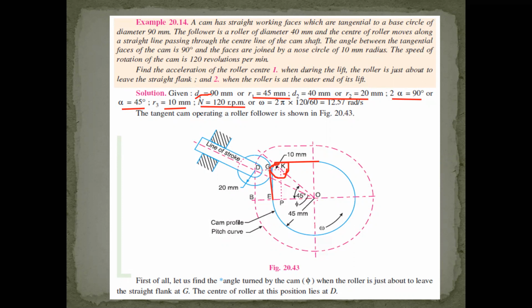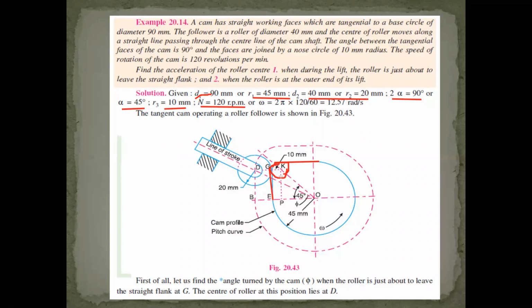And now, from the straight flank you have to take the 20 mm distance and draw our roller. Draw the roller. When we draw our roller, you have to construct the follower shape, and now you have to give some representations. Those representations I already told.